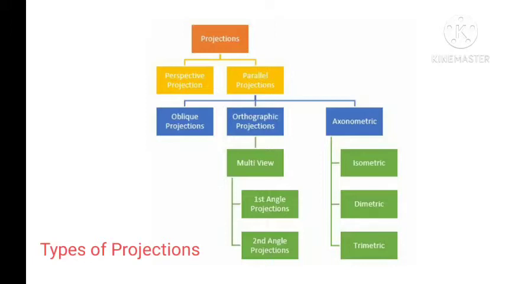Okay, all the isometric, dimetric and trimetric projections, these three projections give 3D drawings. So that is, it's a pictorial projection. So these three are pictorial projections, whereas the multi-view projection is a 2D projection. That is, a 3D object will be converted into 2D objects and into different views, something like front view, top view and side view and so on. So we'll be discussing these views in detail.